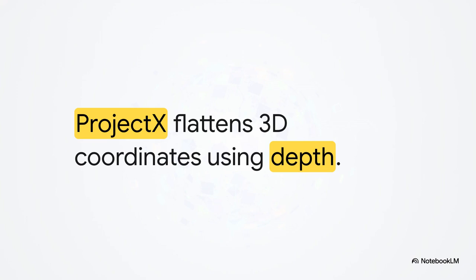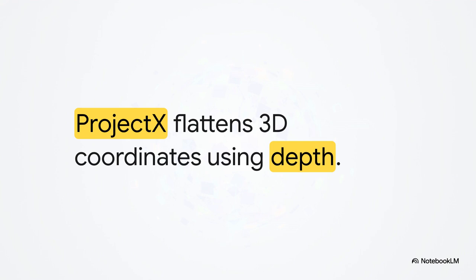But here's the catch. Our device screens are totally flat, right? They're 2D. So we have to flatten that 3D tag point. This is where the Project X math equation comes into play. The engine takes the projection distance, multiplies it by the X coordinate, and divides it by the radius minus that Z depth coordinate for centering it. It's classic 3D projection math, creating that perspective distortion that totally tricks your brain into seeing a flat canvas as